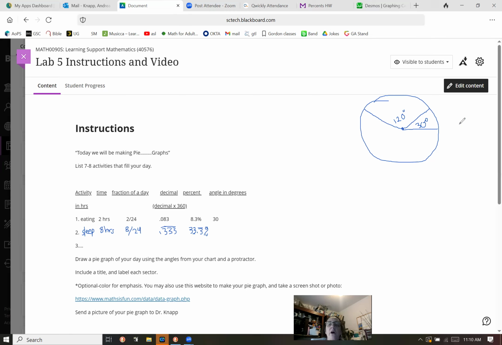Now make sure on your final pie graph that you're giving a title to your graph. So you could call it something like My Life for your pie graph. And also label each sector. So this one right here would be eating, this sector here, sleeping,